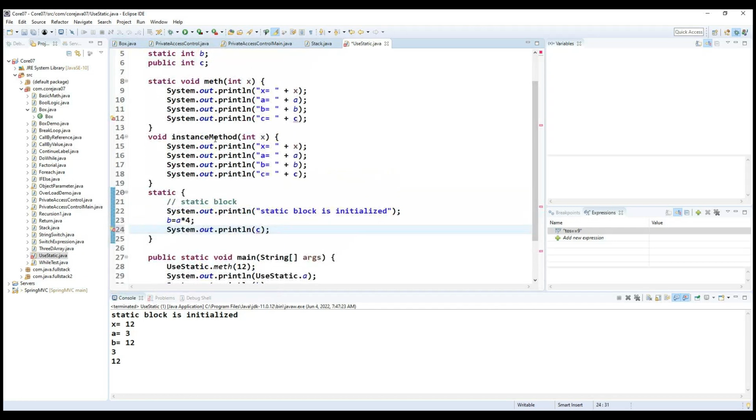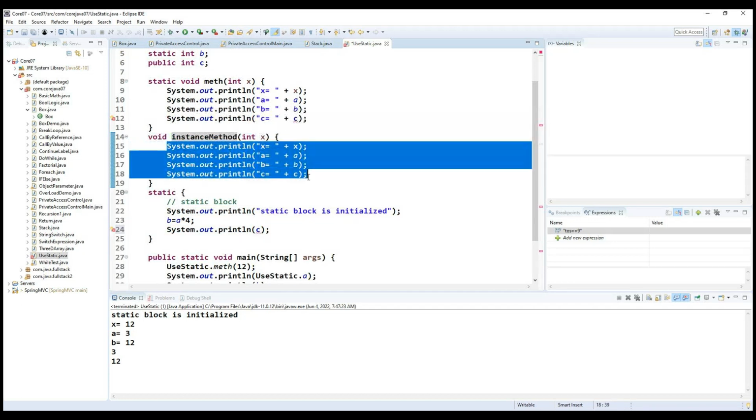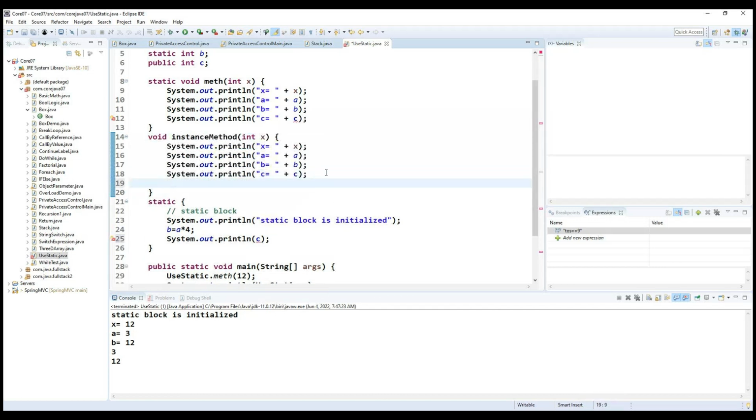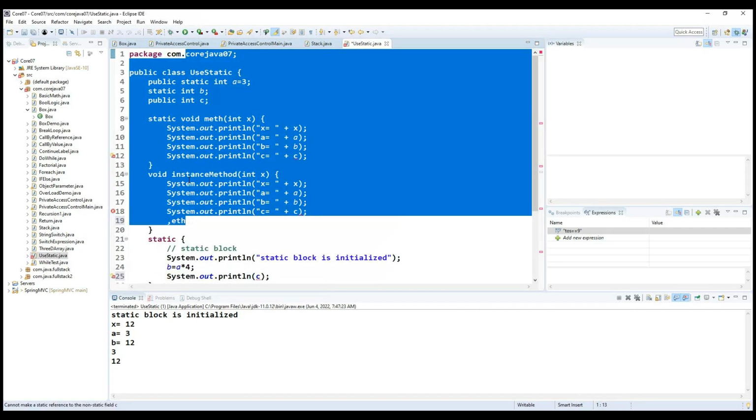If you see, this is the non-static method, like an instance method we defined, and here a normal variable and a static variable, both we are able to access. And now what I will do is, from this particular method, I'm going to call the